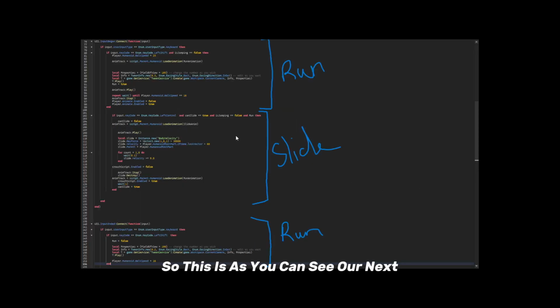So this is our next part of the script. This part is the run section, this part is the slide section, and this part is the last bit of the run section. Here we'll see UserInputService.InputBegan:Connect(function(input). This grabs the UserInputService, checks if input has begun, and then connects a function. We'll check if the player uses a keyboard, and then check if the player presses shift,